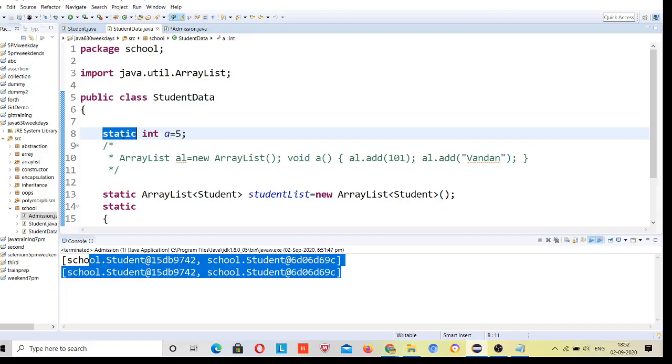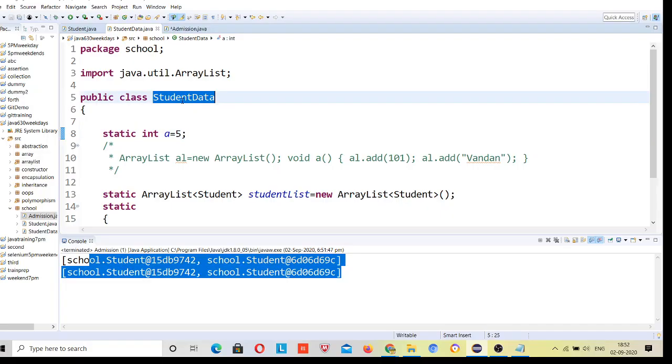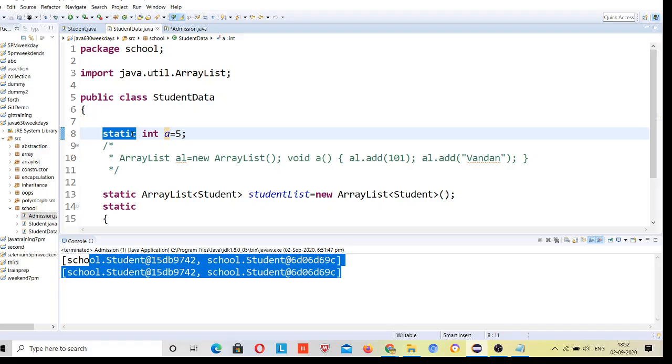How can you access this variable? Class name dot variable name, because this is static. A normal variable you cannot access like this. You need to create an object for that, and then object dot variable.